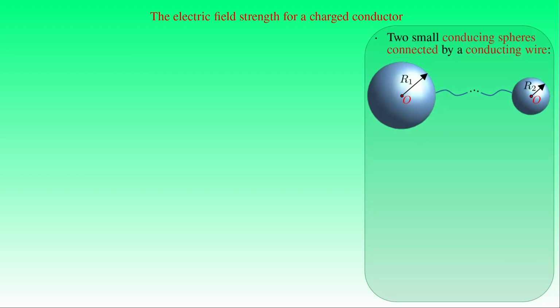We can demonstrate the inverse proportionality between the electric field strength and the curvature radius of the surface of a charged conductor with the following simple example. Let us consider 2 small conducting spheres of radii R1 and R2 connected by a long conducting wire. If we bring electric charges into this system, then both the spheres will attain some charge. Since the surfaces of conducting spheres in contact represent an equipotential surface, we can write the electric potential phi over